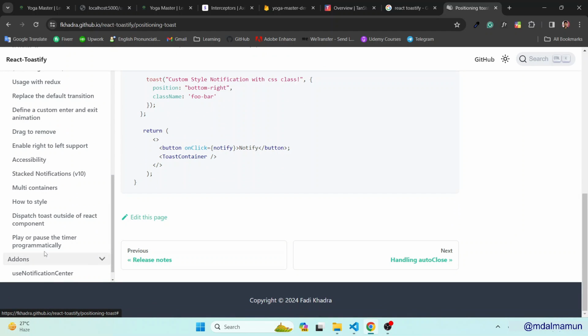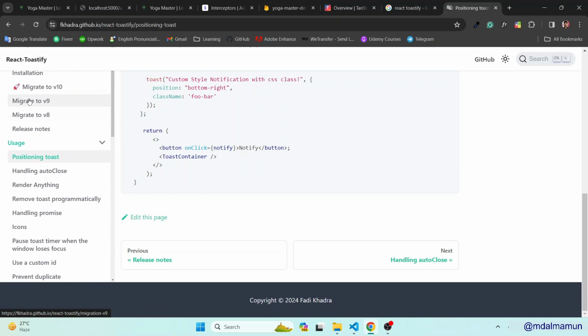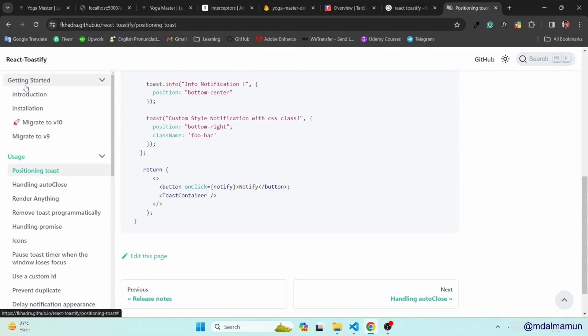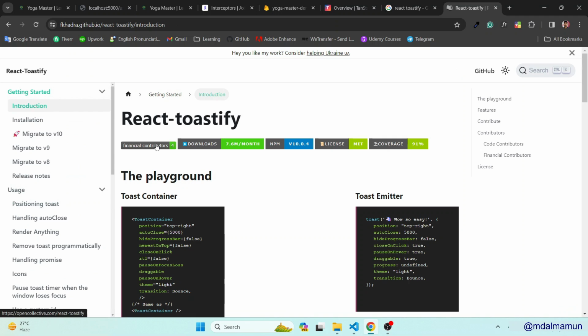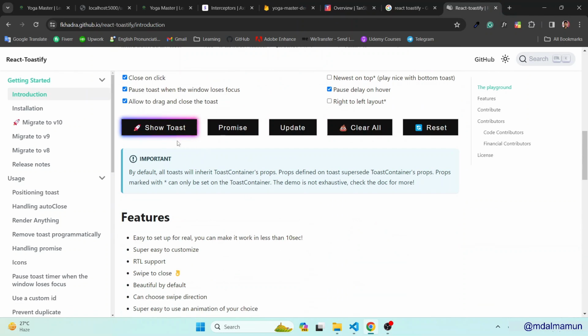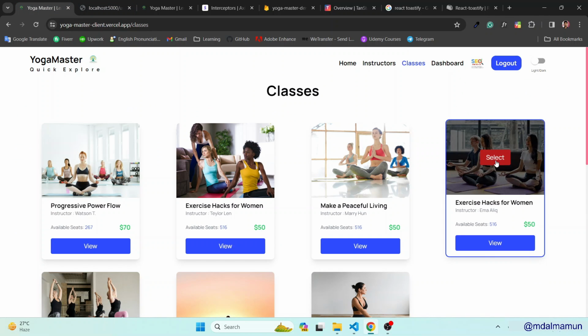Okay, no example is given. Okay, here you can see these are the examples. So when you want to show this type of thing, you can also add this type of promise pending. You can see we're using this here. So when you select,